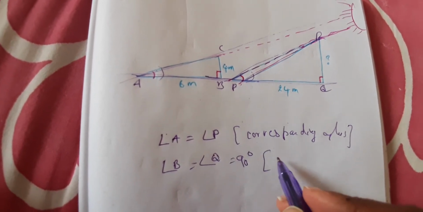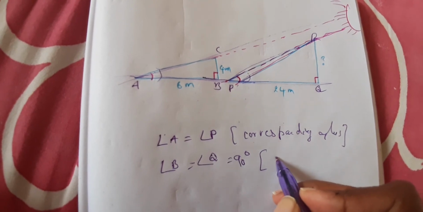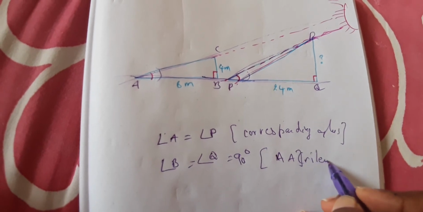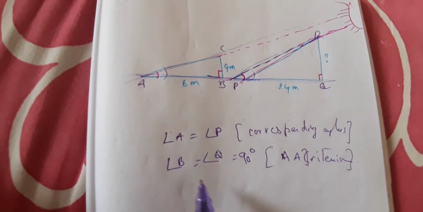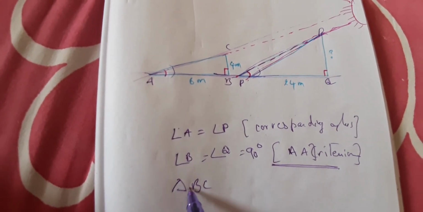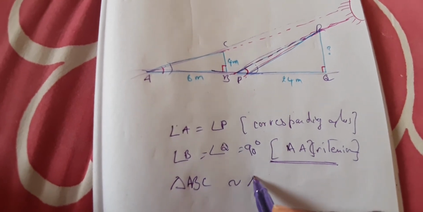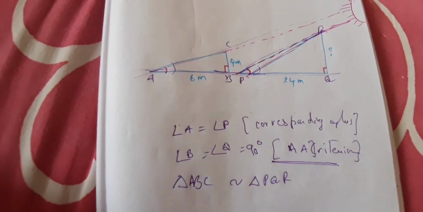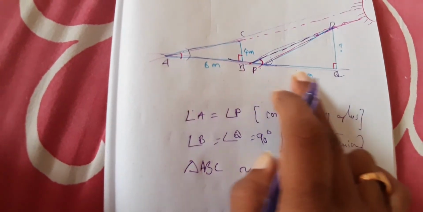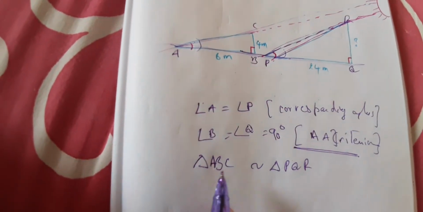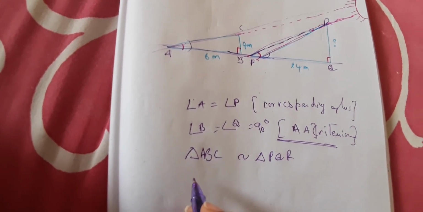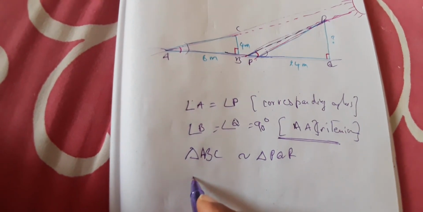Very easy to conclude once you know how to see. So therefore the AA criterion is satisfied, is it not? From this criterion you can say that triangle ABC is similar to triangle PQR. Is it not? You can take it even here also, but it will be easy for you to understand here. So thus what? Height is equal to base by base.